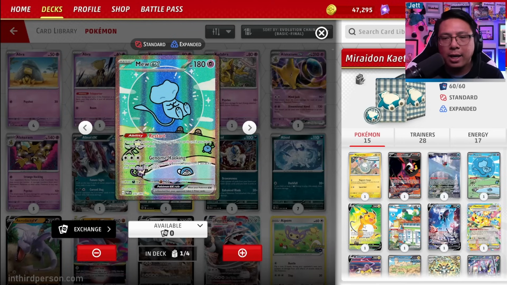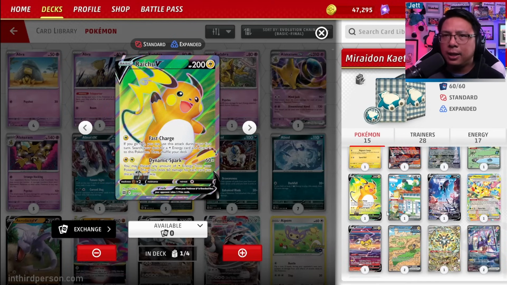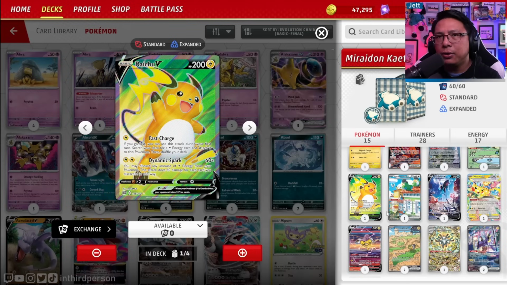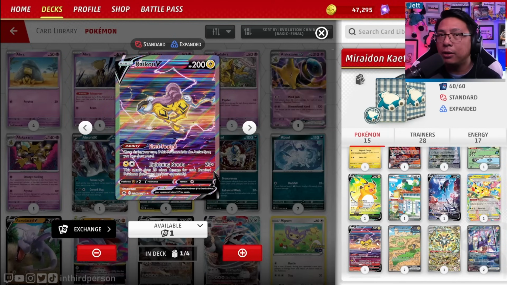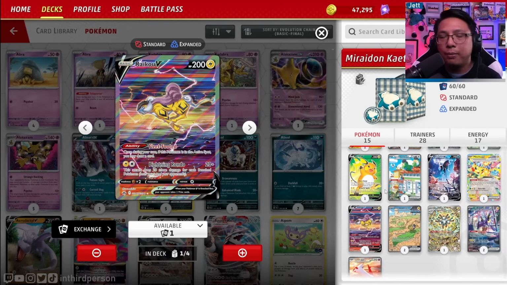We also have Raichu, which is a card that goes in and out of Miraidon lists here and there. I think Raichu is going to be a staple going forward thanks to Magneton, but it has the amazing attack Dynamic Spark, where for 2 lightning energy it does 60 damage for each lightning energy you discard from your Pokemon. This is going to be one of our heavy hitter options alongside Raikou V,